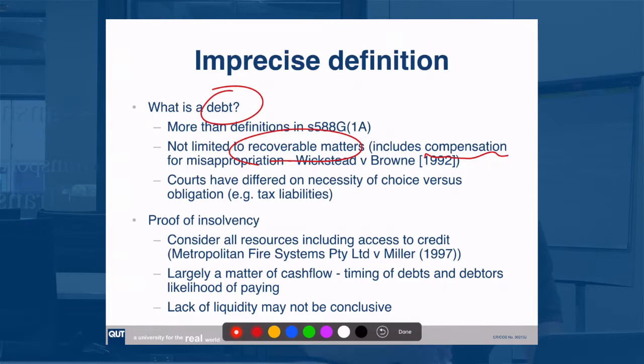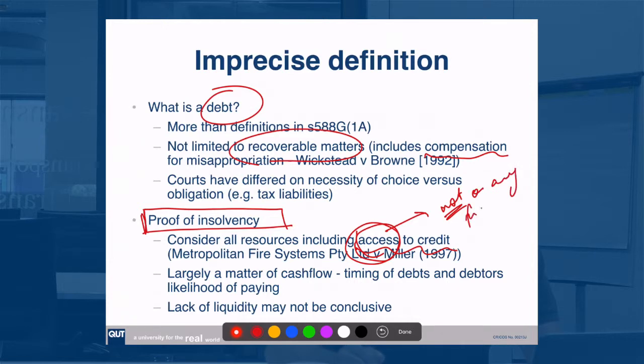The probably more important aspect for us to think about is this idea about proof of insolvency. So, when you're deciding whether someone's insolvent, you have to include whether they have access to credit, right? This access to credit is not, repeat, not on any financial statements most often, right? So if you have a funder who can inject $1 billion into your company and you have certainty that they will if you need it, you have access to credit and you'll be solvent no matter what your financial statements say. Proof of solvency, therefore, is largely, but not solely, a matter of cash flow.